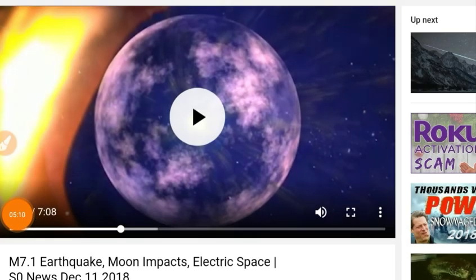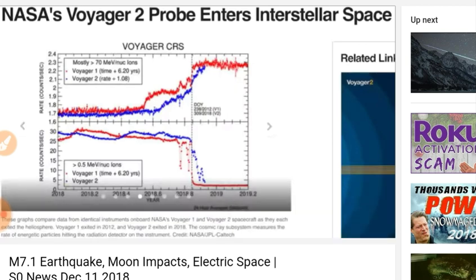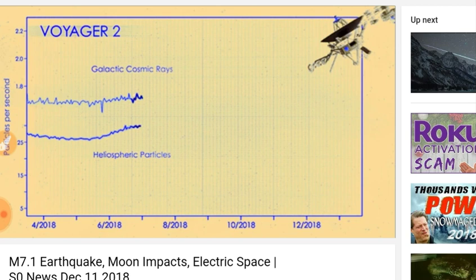Here's a short clip of Mr. Davidson talking about Voyager 2. Spike in cosmic rays, a dropout of solar wind particles. Now, while this is the signifying mark of the exodus of the craft from our solar system and into intergalactic